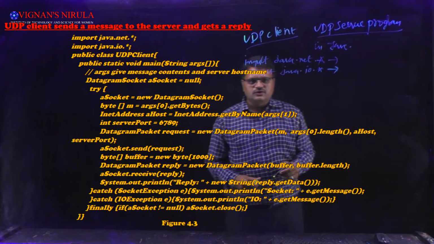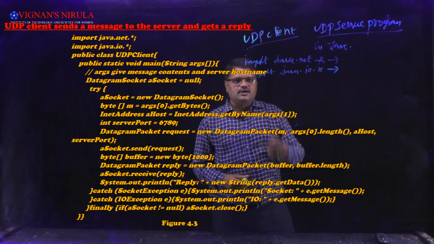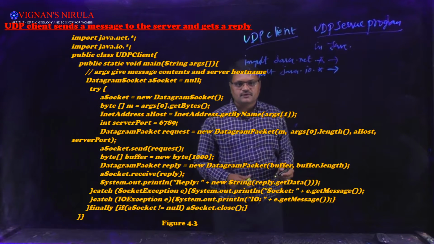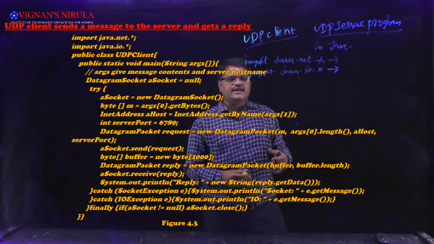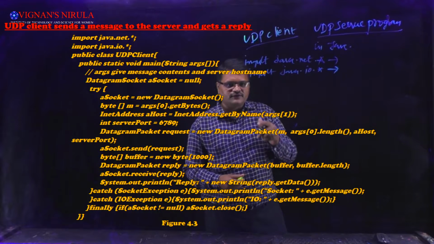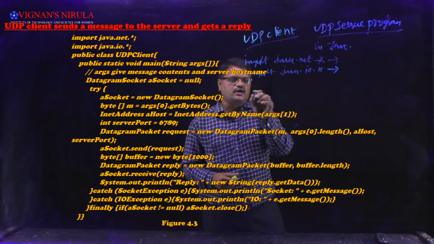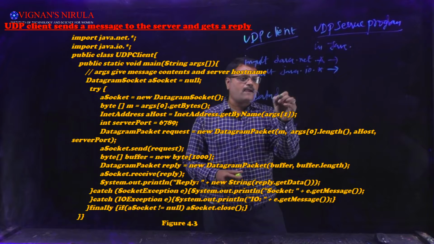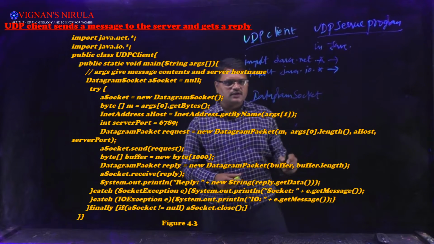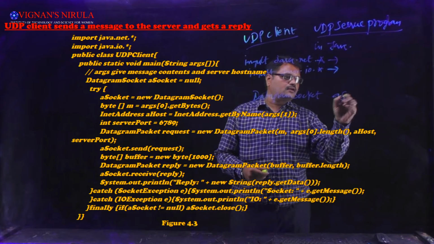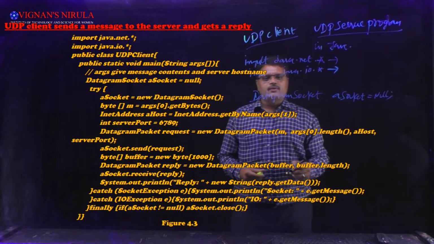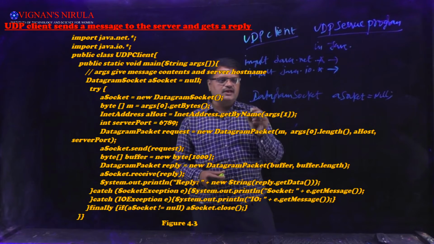Okay, so now if you see the program, it is a public class UDPClient, that is a class, and after that public static void main, String args. Next, first what we are defining is a DatagramSocket. Okay, so DatagramSocket aSocket equal to null. So that means this object is initialized to null, and now